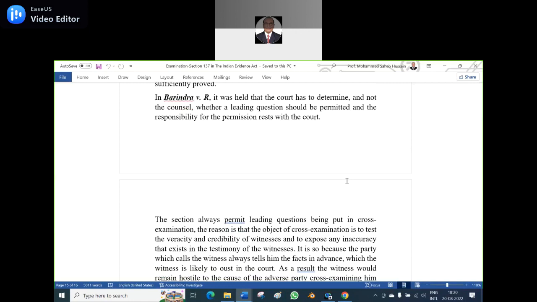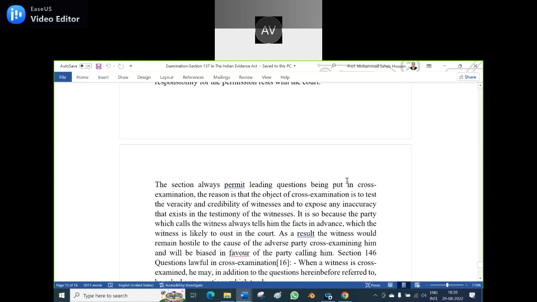What does R stand for? Participants? Regina. Who said that? It may be Venuna. Rex. Rex, it may be anything. Republic? No. R is, I think you described it in the last class sometime back. But when you say R versus Abdullah, it is Regina, that is the Empress, Queen Empress, versus Abdullah.